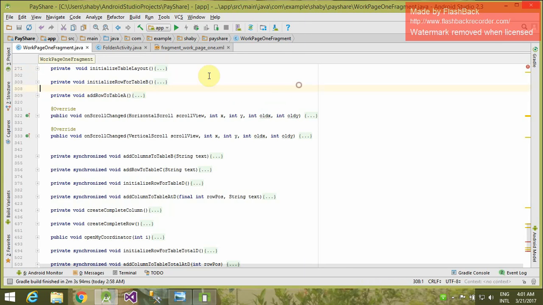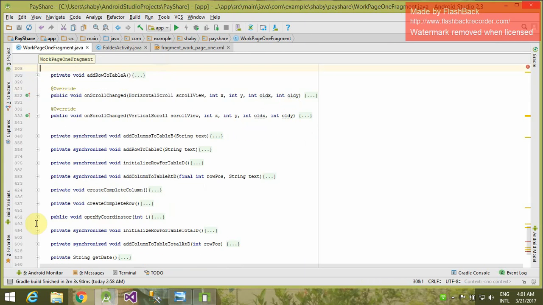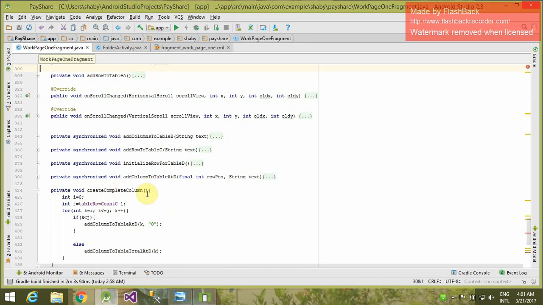So when I click add beneficiary, it will call this function, create complete column. It is responsible for creating all these complete columns.